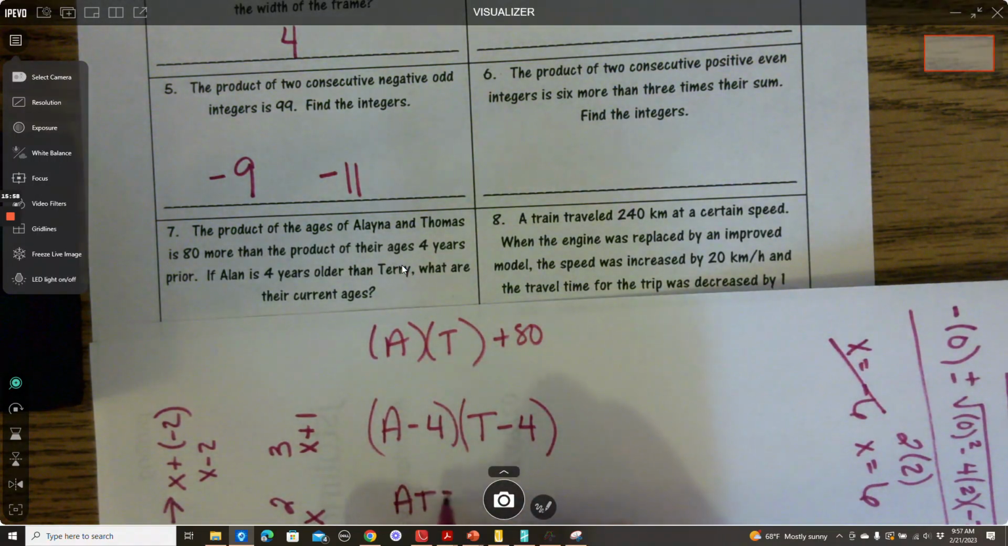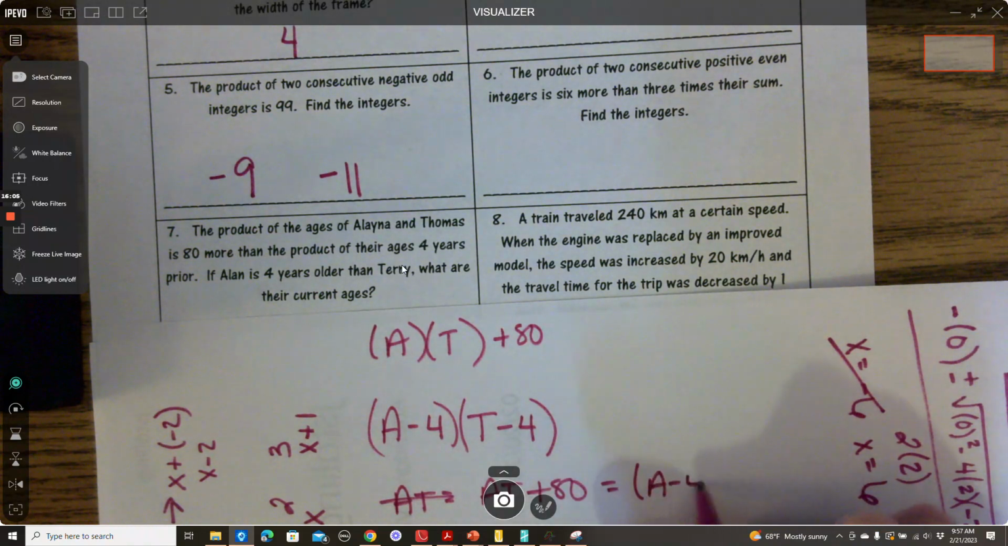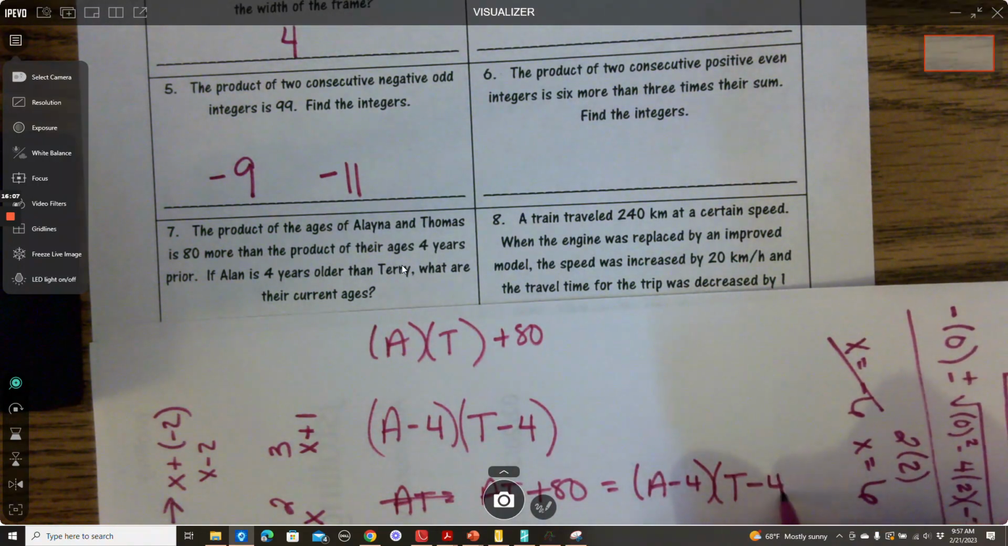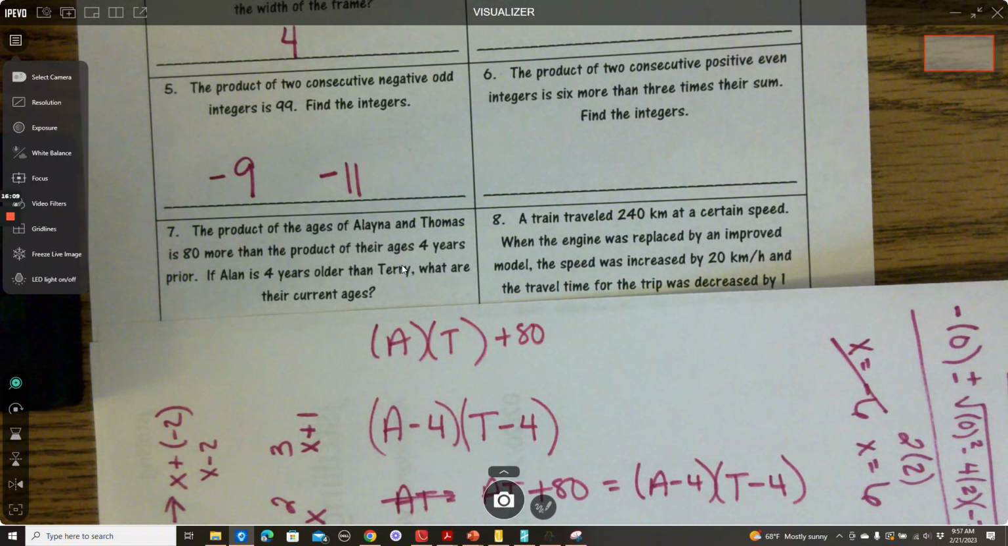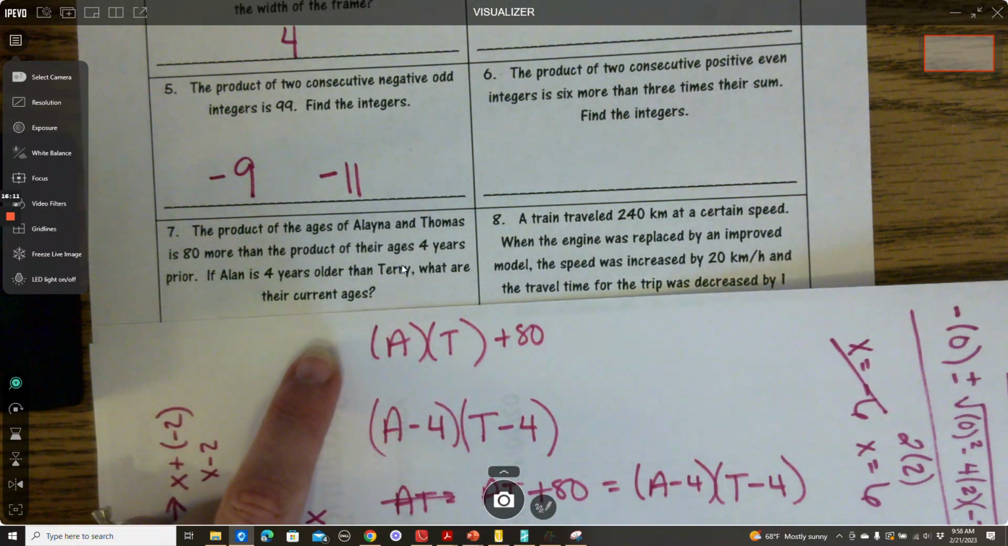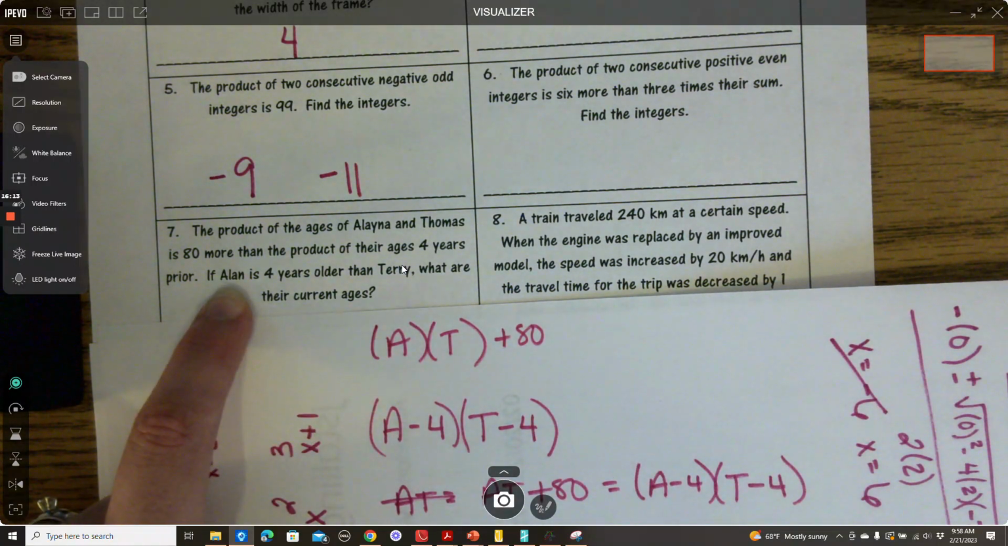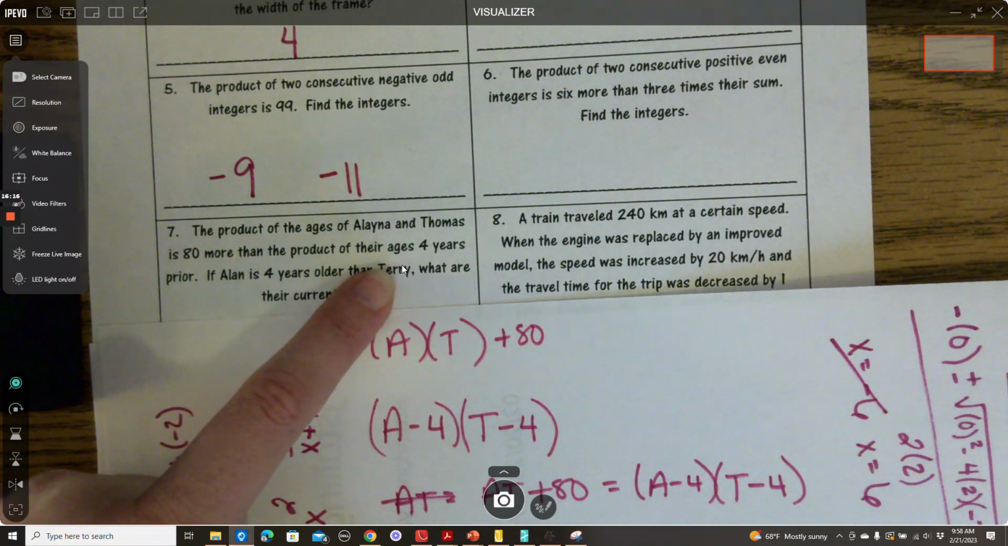A times T plus 80 equals this: A minus 4 times T minus 4. But remember what I told you, we can't solve with all those different letters in there. So hopefully they give us some more information. So this should be Elena. If Elena is 4 years older than Thomas,